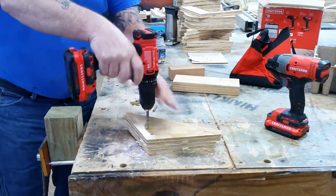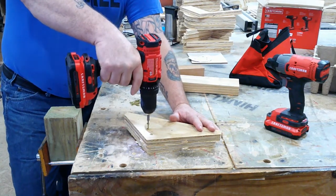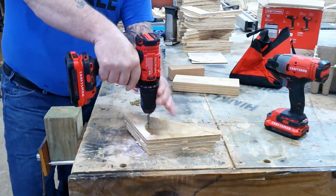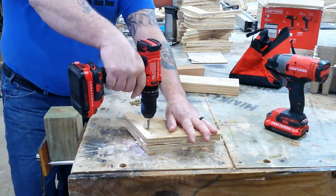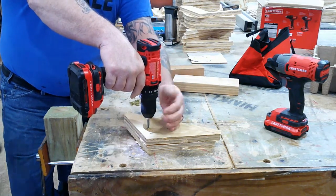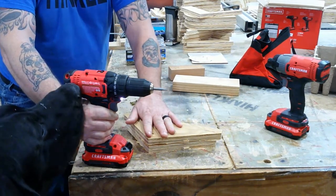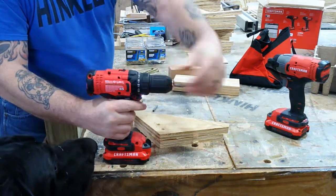So we'll start with the number 1 to show you how this clutch works. As you can see, it doesn't have enough power to even push it through at that level. So let's bump it up a few numbers. So each time you increase the numbers, it increases the power on the drill. And you would use that feature so that you don't bury your screw into your wood. And that's about it for the drill. Releasing it,